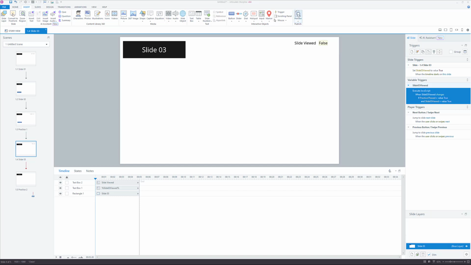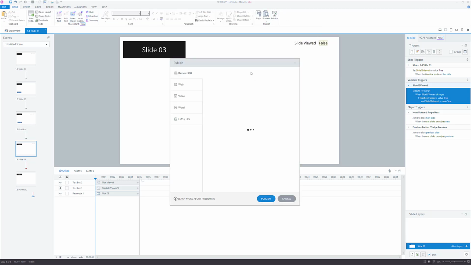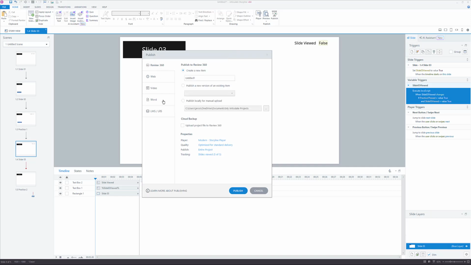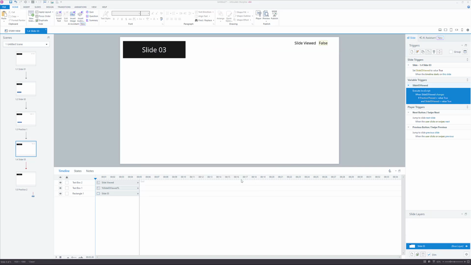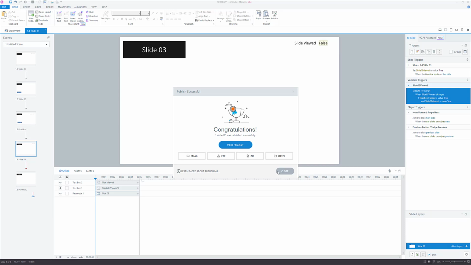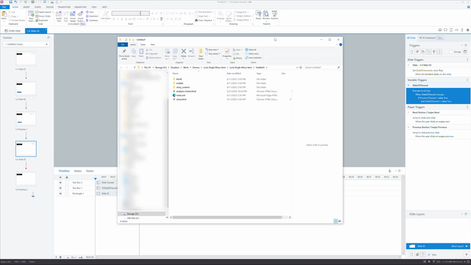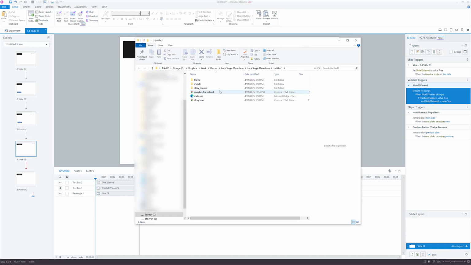Now I did want to show you something real quick. Let me publish something real quick, and let's go here. So remember how I said that we need to store the items in the directories wherever you publish this file. So what happens when you use that open URL or attach external files on your computer and place them in Storyline, either through the resources tab or through the method we used? What that does is Storyline actually copies that and puts it into a directory wherever you publish it,